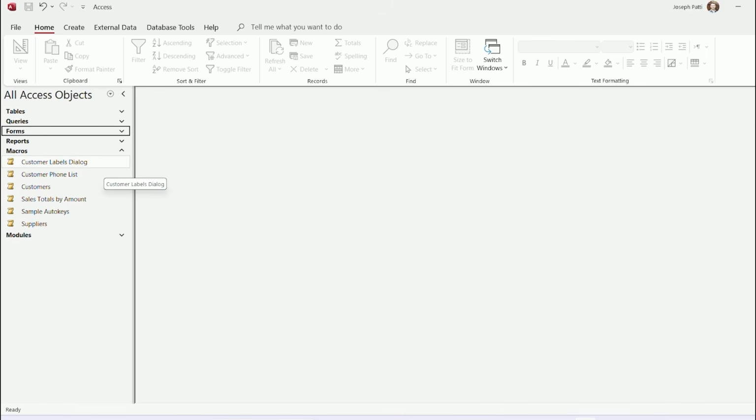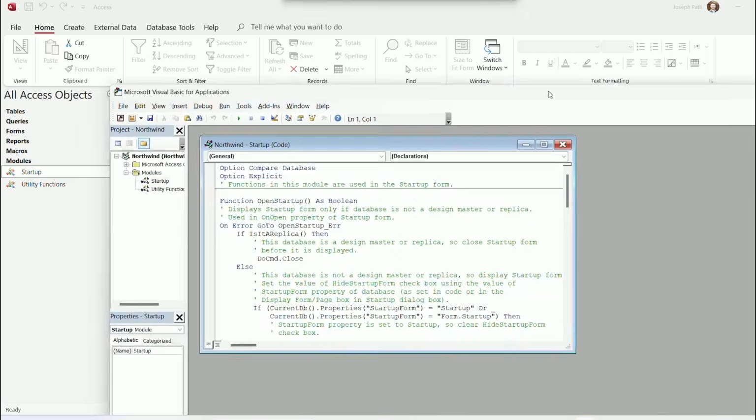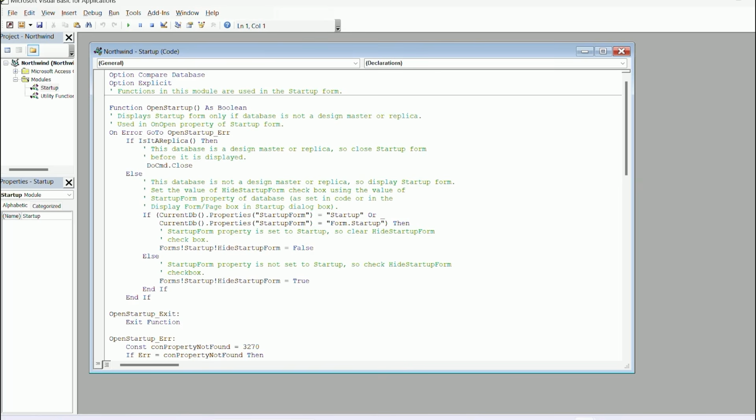So if you just close out the macros and you open up modules, you'll see we have two of them here. They have a startup and a utility functions. If you double click on startup, it's actually going to open up our Visual Basic Applications editing tool. So if you've done any sort of VBA in like Excel or Outlook or Word or PowerPoint, you probably have seen this before. Now, this is the code for the startup, and you'll see that we have option compare database,